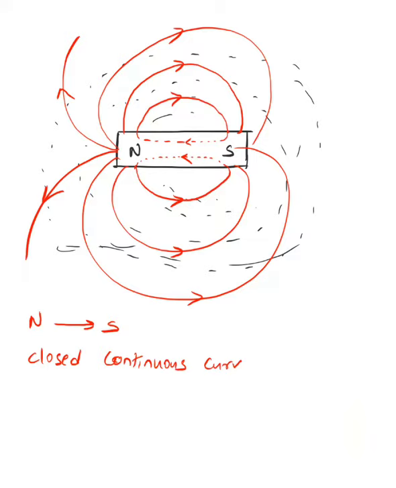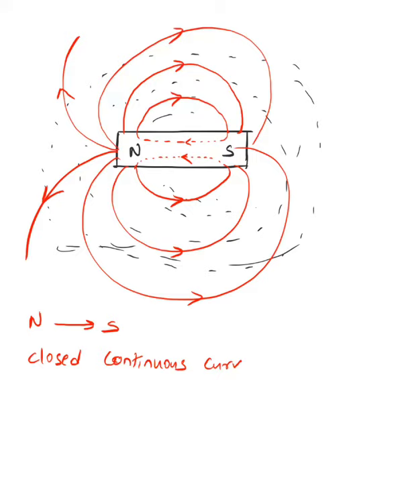Also, second thing, if you notice now, you will find maximum number of lines around these poles. So you can say that there is maximum number of lines at the poles. Got it? So poles you can say are stronger. If you ever tried now, you take a bar magnet and put it into iron filings. You know what iron filings? Powder of iron. When you just put it inside now, what will you see? A lot of iron filings will be seen at both the ends of the magnet. So it proves that there is a maximum strength at the poles, or you can say there is a strong magnetic field at the poles.